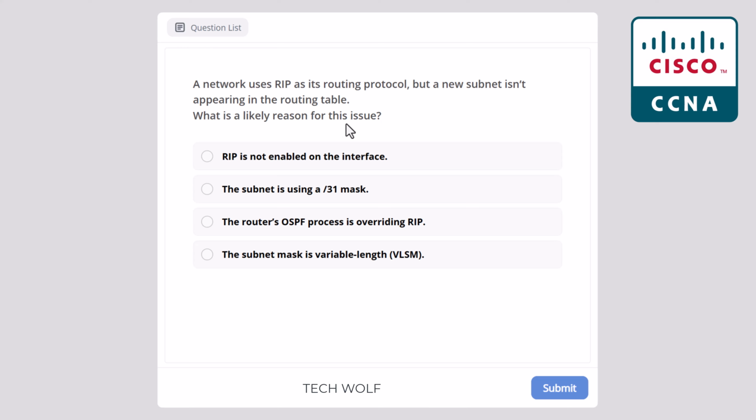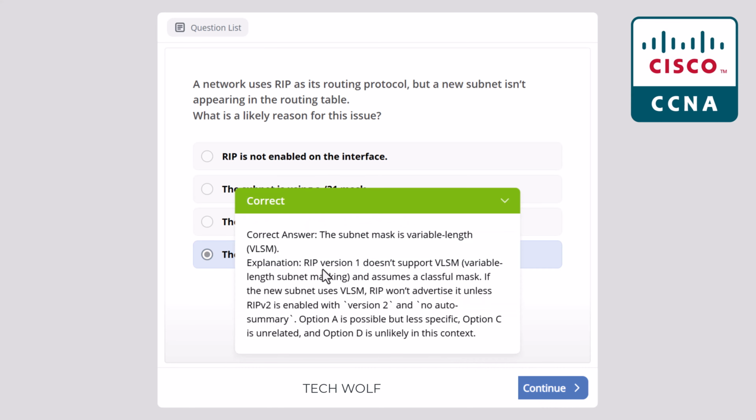So which one is the correct answer here? And the correct answer here is that the subnet mask is variable length, or VLSM. As RIP version 1 doesn't support VLSM, variable length subnet masking, and assumes a classful mask. If a new subnet uses VLSM, RIP won't advertise it unless RIP version 2 is enabled with version 2 and